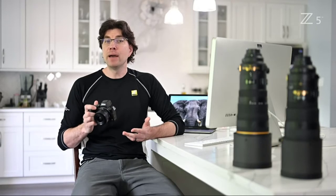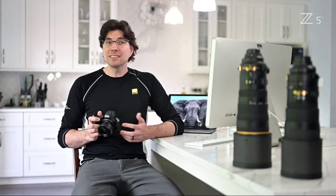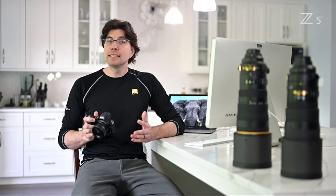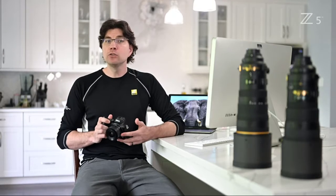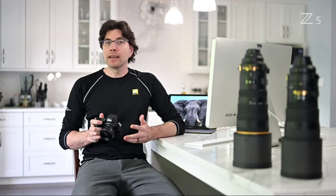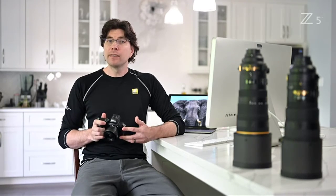I feel like I've left the best for last when it comes to the Z5, except this last feature isn't actually a part of the body, but it's designed to help make the whole system more compact. Because while any of Nikon's Z lenses will feel comfortable when used with the Z5, before this new lens, any user wanting a smaller and compact system that'd be great for travel, let's say, they would have to gravitate